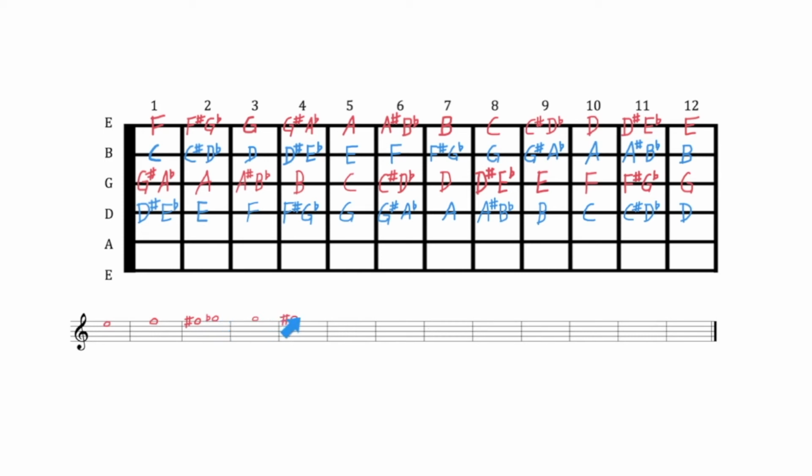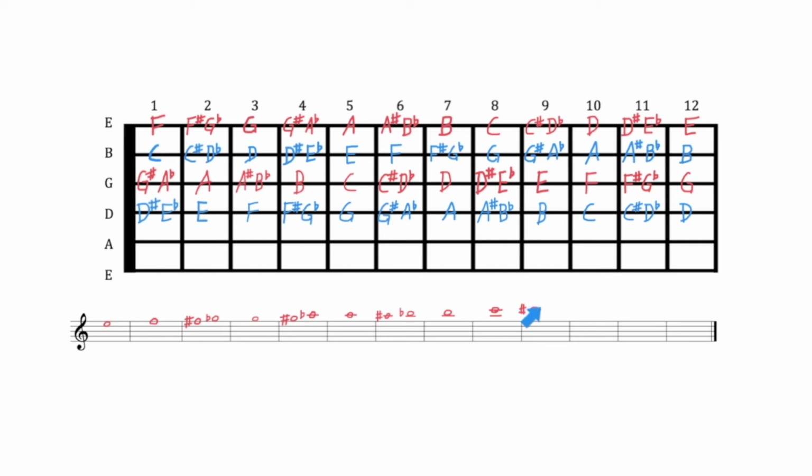Then we go up one ledger line for A flat. We keep that same ledger line for A, same ledger line for A sharp, and then go above that ledger line for B flat. We stay above that ledger line for B. Now for C, we need to add an additional ledger line, so we have the note 2 ledger lines up and on the line, and we keep that same arrangement for the C sharp.